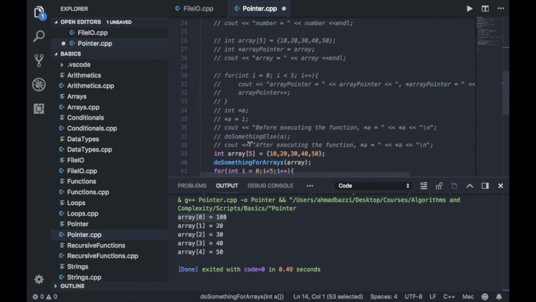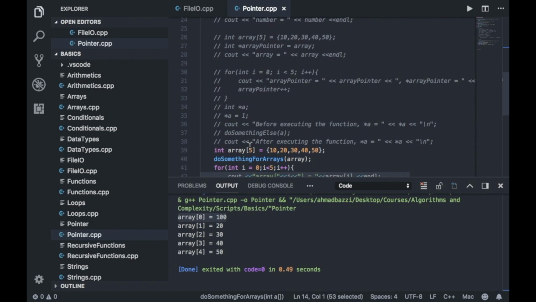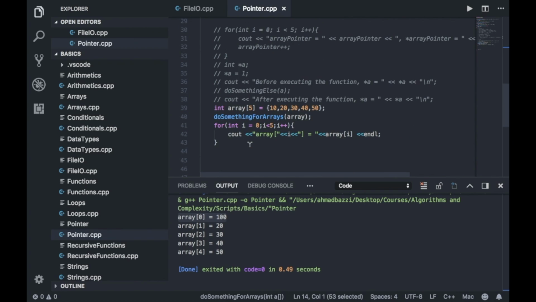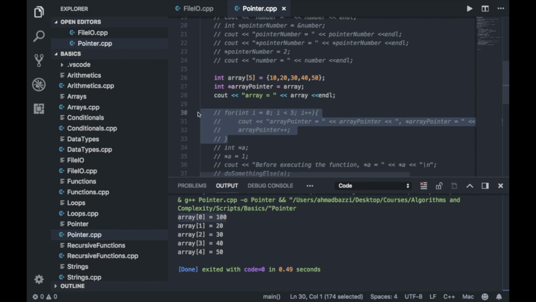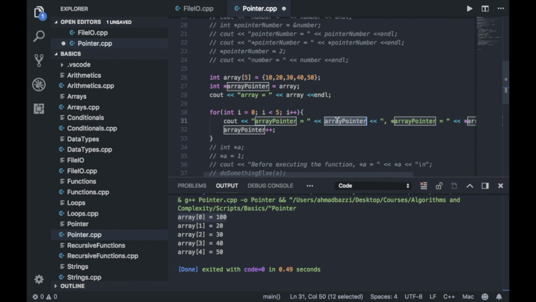So that's basically it for pointers. Those are the basics that you should always keep in mind. How to change a value of another variable using pointers. What does a pointer hold in its content, which is a hexadecimal representation of the memory address. Arrays are also pointers. They're regarded as pointers. We could loop over the array as so, using pointers. And the value of the array pointer is the hexadecimal representation of the first entry right here, the first entry